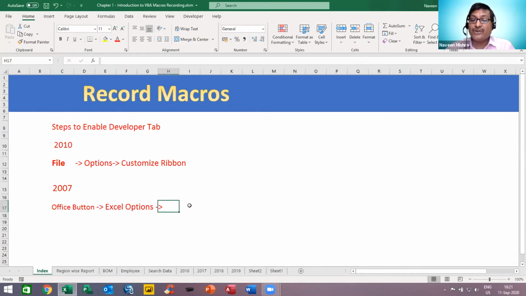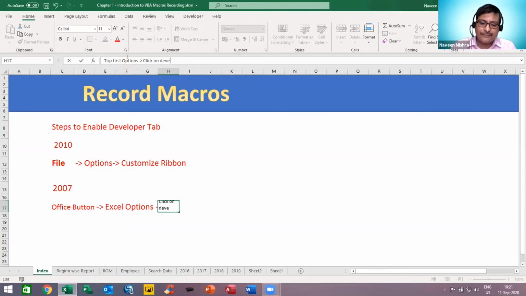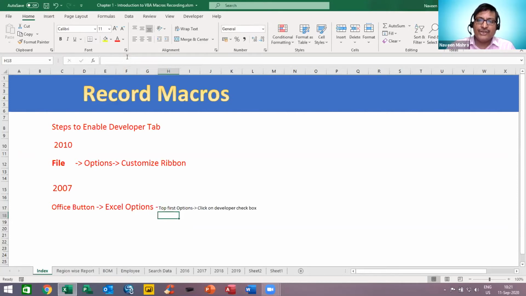On the Excel option, you can go to the top left corner, top first option, and then click on developer checkbox.